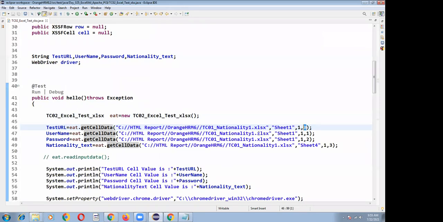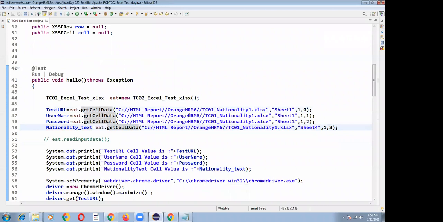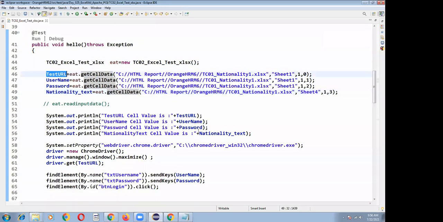I connect to the same Excel, and in the first row, first column value I want, the first row, second column value, and the first row, third column value. Like that, I have specified my input data. Once my input data is ready, I check whether these values are printing in the console.